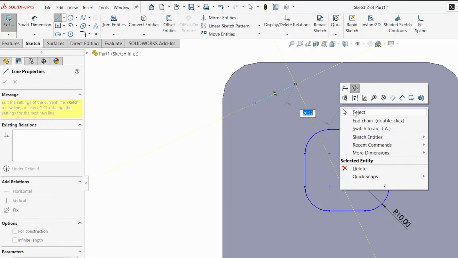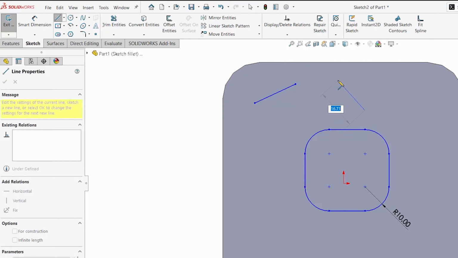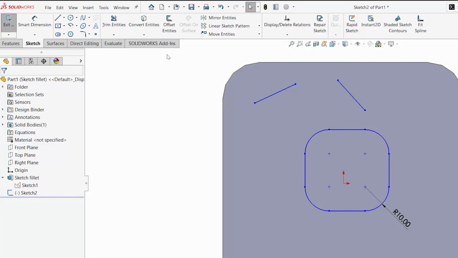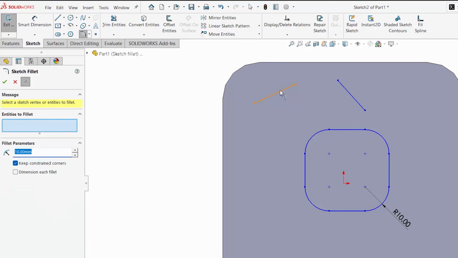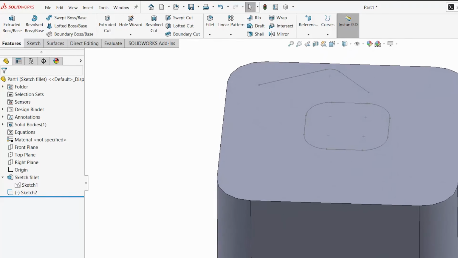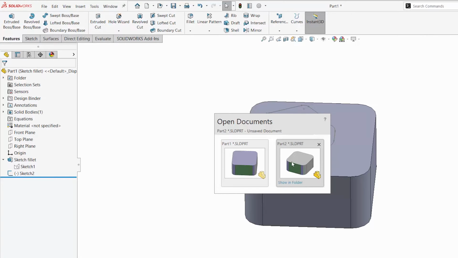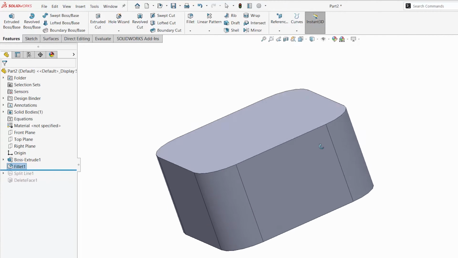Again, one of the key benefits here is if you want to change a dimension or something, you're able to do that. Another thing too is if you're just making regular sketches and you have two lines, some people don't know this, but you can actually select the sketch fillet command and select the two lines, and it will actually build that intersection for you and create that fillet to connect everything. So extending those lines and then adding the fillet. So something else good to know. By and large, though, the best way to add a fillet is by using the feature fillet.